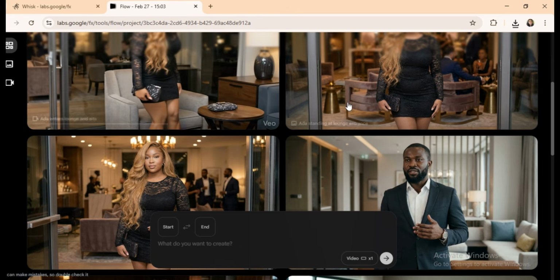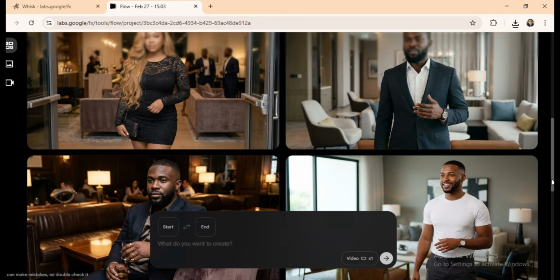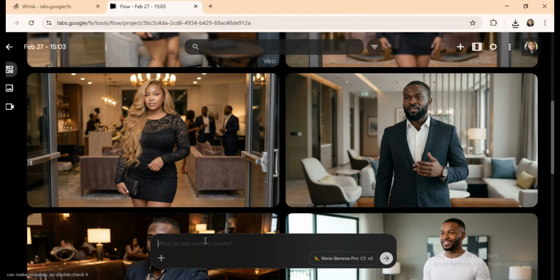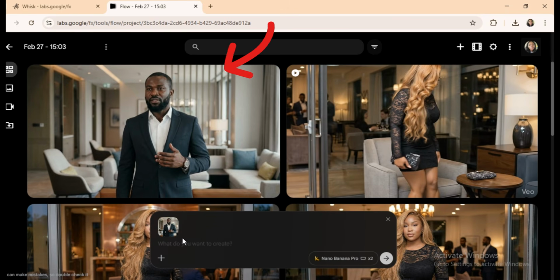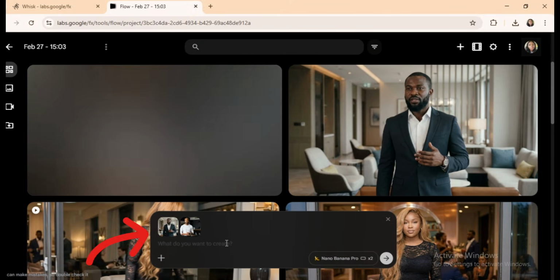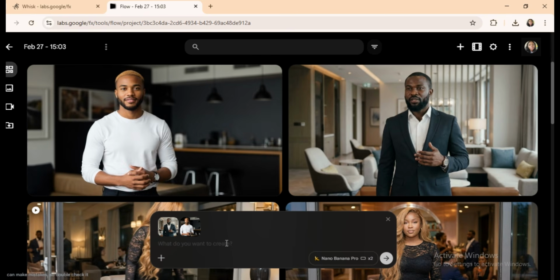Now, let us try the same thing in Flow. You can copy an image from your device and paste it directly into the chat box. It will automatically appear in your Flow workspace while also staying as a reference in the chat box. You can also tap the plus icon to upload your reference image directly. Another way,